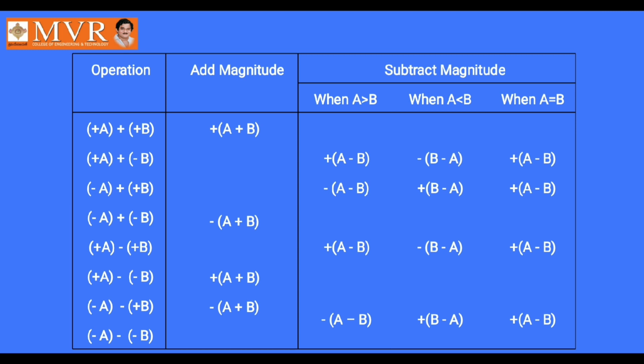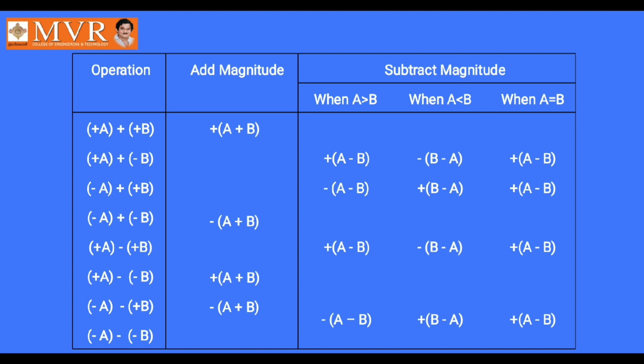You see here in this table, there are basically 8 operations given. Among those 8, 4 belong to the add operation and 4 belong to the subtract operation. In the first one, both the values are positive and the operation we are going to perform is also adding. So it simply comes under adding the magnitudes of the 2 inputs, because the signs are common. And you see the fourth one is also an addition operation with 2 magnitudes A and B, and their signs are also the same.